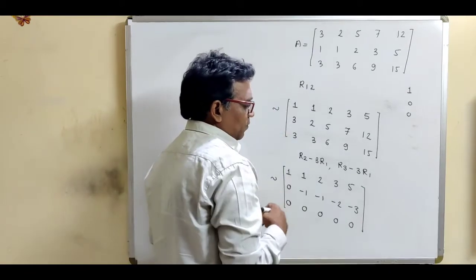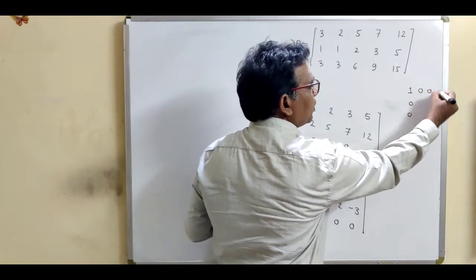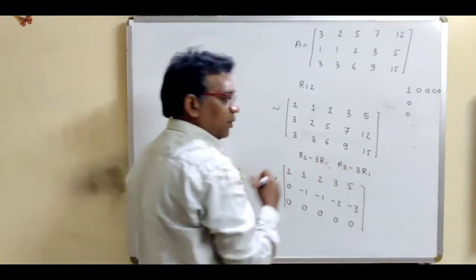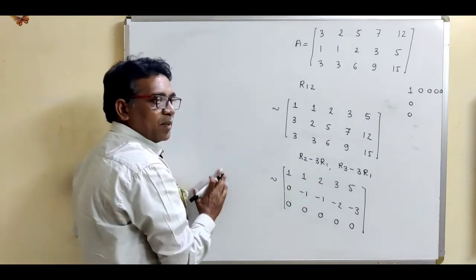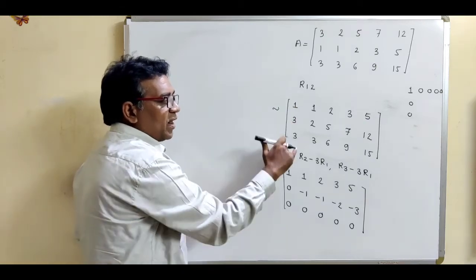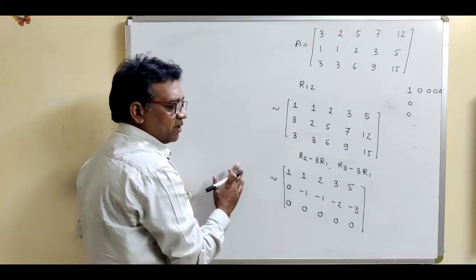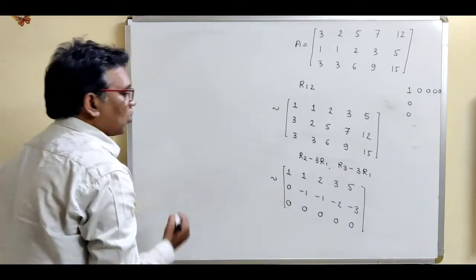Now what is the next step? By using this one, now make corresponding row 0. Now there are 4 elements, so make these 4 elements 0. So remember this concept: for the lower elements, we use the row operation, and for the side elements, we use the column operation. So use the column operation.